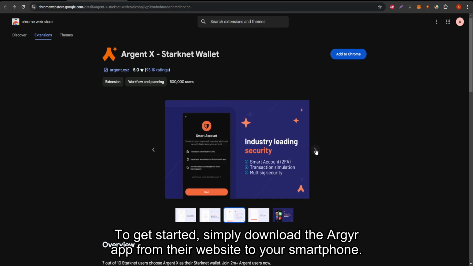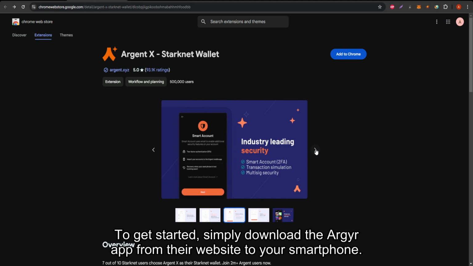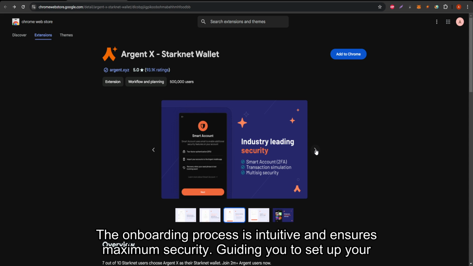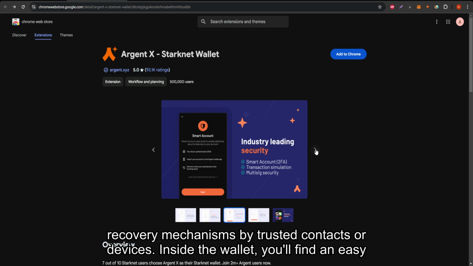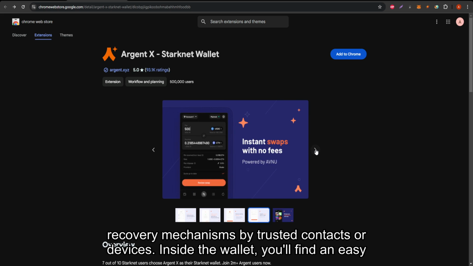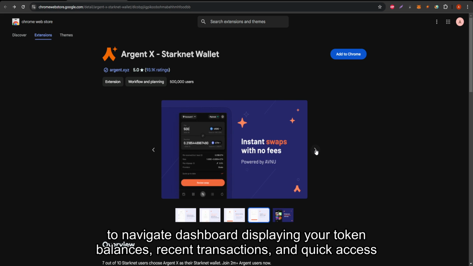To get started, simply download the Argent app from their website to your smartphone. The onboarding process is intuitive and ensures maximum security, guiding you to set up your recovery mechanisms via trusted contacts or devices. Inside the wallet, you'll find an easy-to-navigate dashboard displaying your token balances, recent transactions, and quick access to